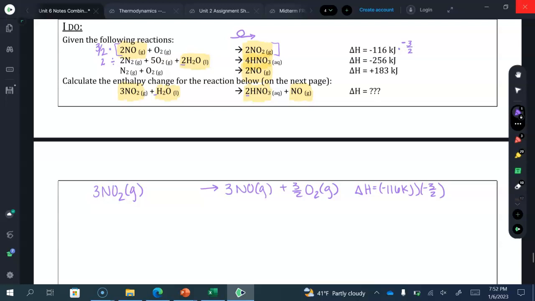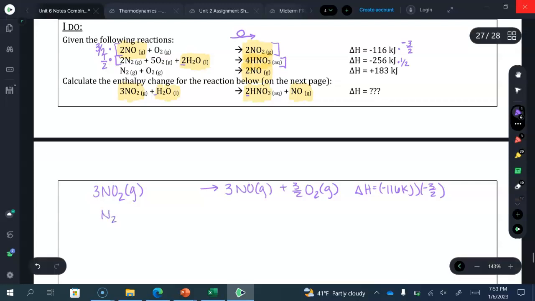Alternatively, if you divide by 2, that is the same as, and since I have to do it to both sides, I'm going to put the bracket, multiplying by 1/2. So I'm noting the expression the same. So over here, I'm going to multiply this one by 1/2. So I'm going to rewrite everything multiplying by 1/2. So I have nitrogen gas, N2, because 1/2 times 2 is just 1, plus 1/2 times 5 is 5/2, oxygen gas,